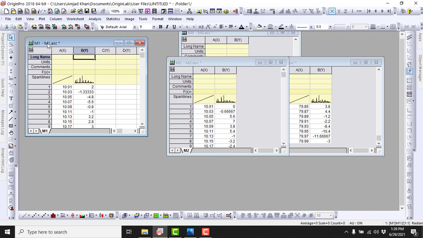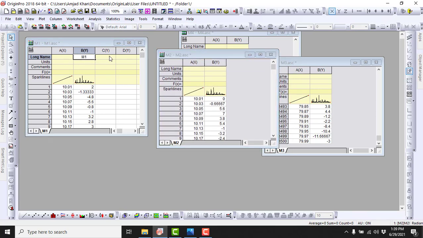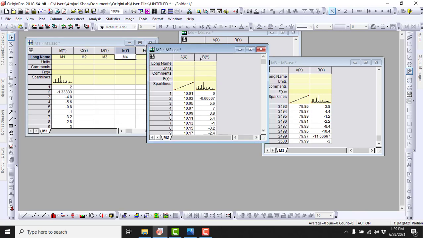As you can see on the top of this window, this data belongs to the M1 sample. So here I will write M1. Here I will write M2, here M3, and M4.